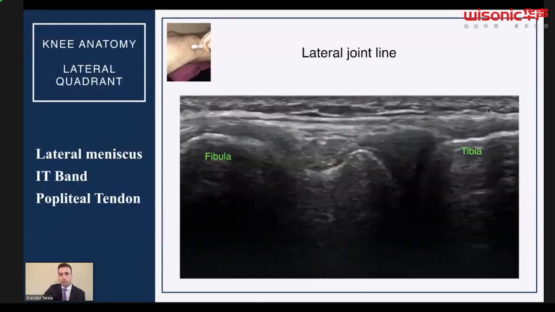So this is a view here, a picture again showing where our ultrasound probe is. If you have it in that location, you can take a look at the lateral meniscus. You can see the IT band. In this view, you can see the popliteus tendon. And so if we look, we see the tibia,